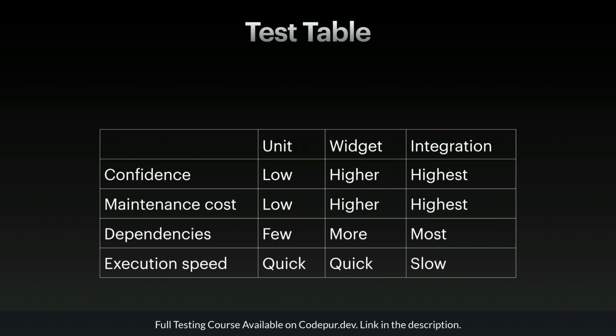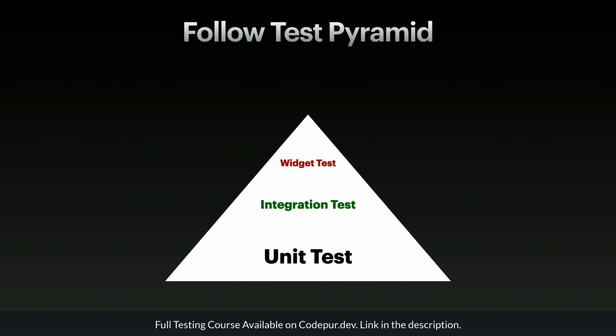Now you might be wondering, okay Pawan, tell me what tests and when I should use them, and in what ratio I should use them. So I would say here, this is my opinion, that you should follow the test pyramid, which is ideally like, if you see here on the top, there's a narrow gap, and that's where widget test fits. In the middle there is integration test, and in the bottom there is unit test, which is more stretched. So what I mean here is that you should do as much unit testing as you can, because unit test is easy to perform.